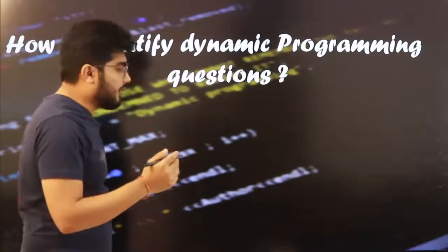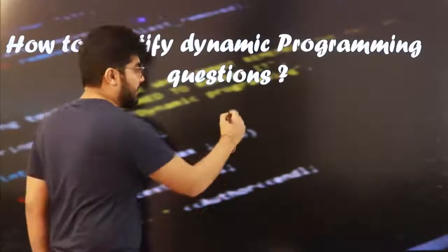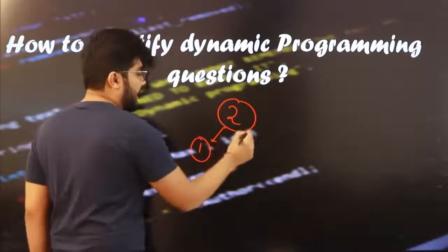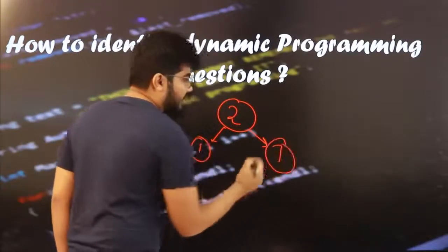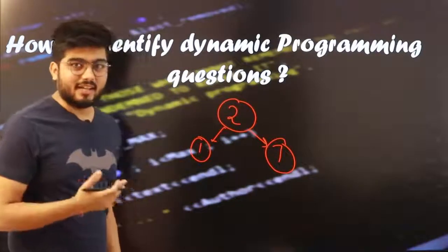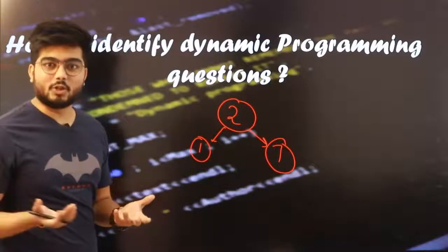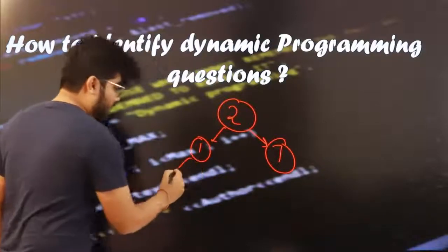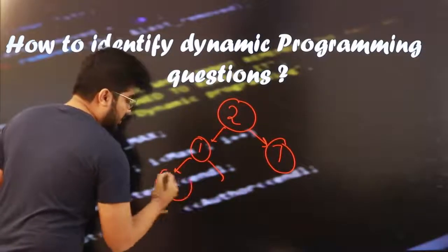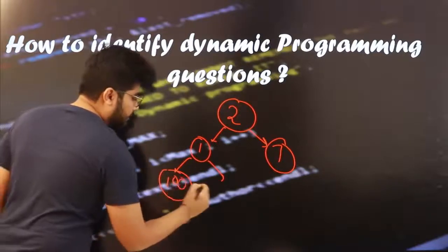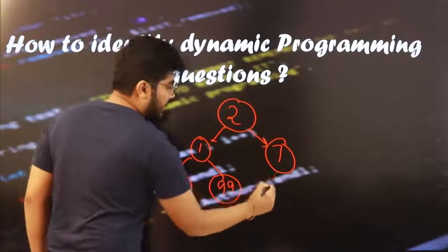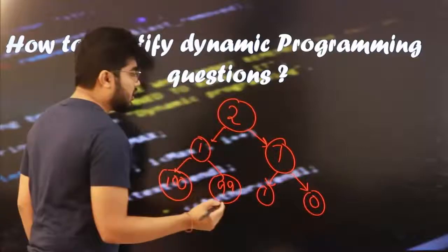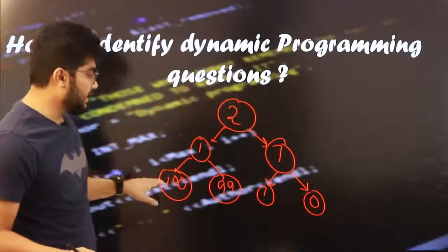Now, for example, if you have to find the largest sum in a tree, let's say 2, and I'll write some number, say 1, and let's say I'll write 7. 7 is my favorite number. You guys know 7, if you watch matches or play cricket, or even watch football, you will know. Well, let's move ahead a little and I'll write some more nodes. So let's say 100 and 99 and I'll write some small numbers 1, 0. Okay, so it's a tree and this is the root of the tree and these 4 are the leaves of the tree.